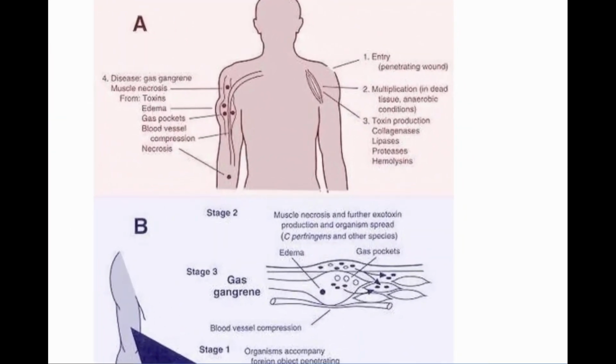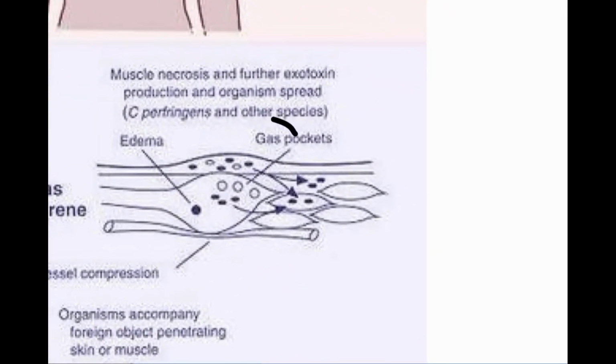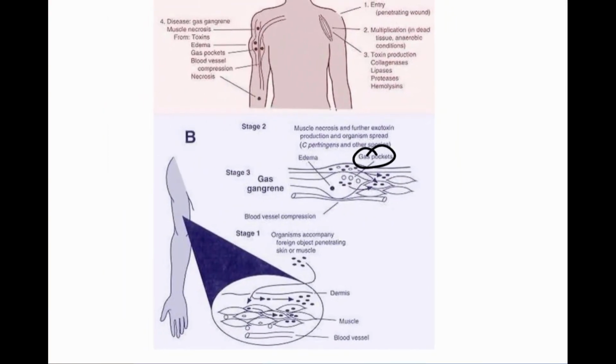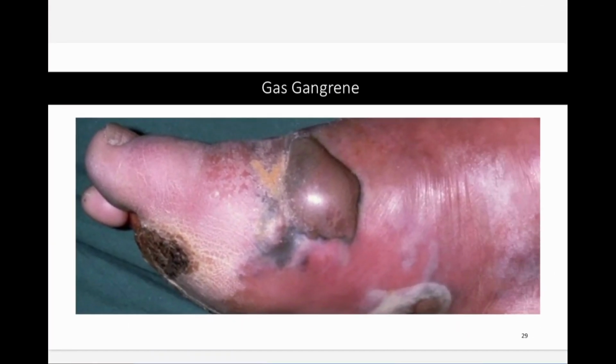Here's the gas gangrene again, just showing that you have these little gas pockets inside the muscle that can develop, come out of solution. They form a bubble, and you can pop those bubbles. It can also happen on the skin as well. This is an air bubble full of gas gangrene because of the gas that was made from the bacteria.